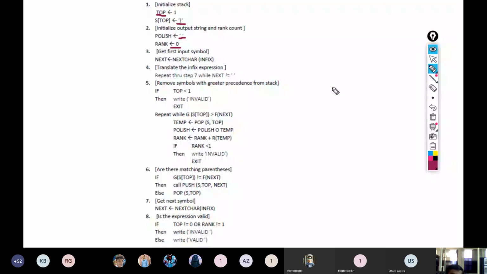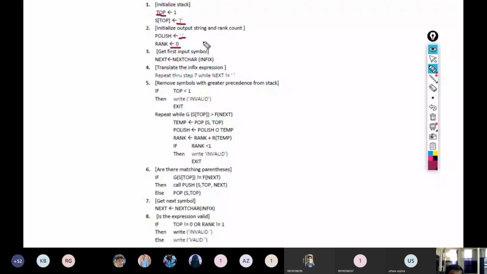So clear, the first two steps are almost the same as the previous algorithm. In the previous algorithm we pushed the hash, but here we are pushing the opening bracket, and we also padded the closing bracket, an extra closing bracket, to the arithmetic expression to demonstrate the end of the expression.